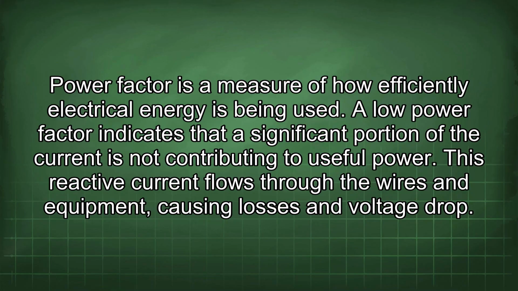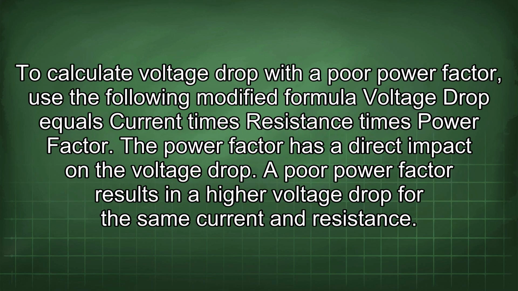Power factor is a measure of how efficiently electrical energy is being used. A low power factor indicates that a significant portion of the current is not contributing to useful power. This reactive current flows through the wires and equipment, causing losses and voltage drop. To calculate voltage drop with a poor power factor, use the following modified formula: voltage drop equals current times resistance